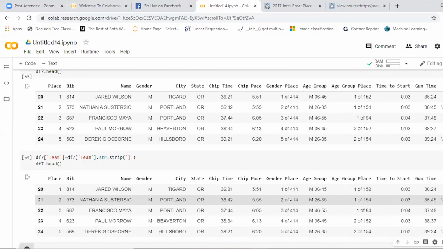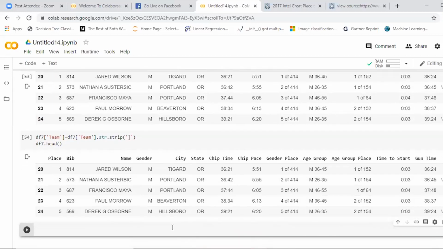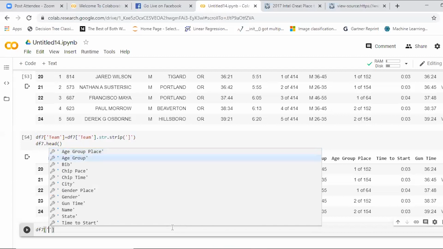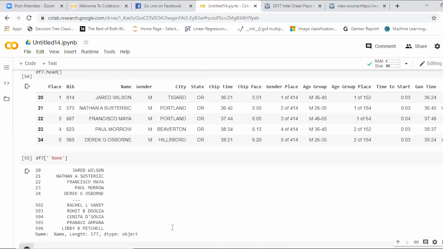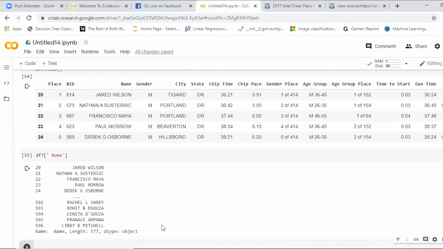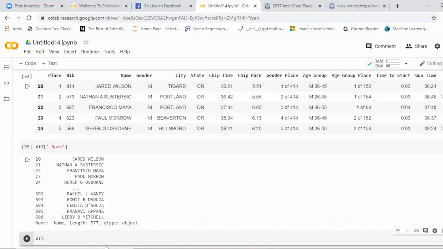You can see over there, the data is clean, right? df7.head, in the last column you can see. Now if you want to read out any column values, you can directly give it. See, you get a suggestion. If you want to read out the names, df7 of name, where you get each and every content out of the data. If you want to see the shape of the data, you can go for shape. It indicates how many rows and how many columns are present in the data.